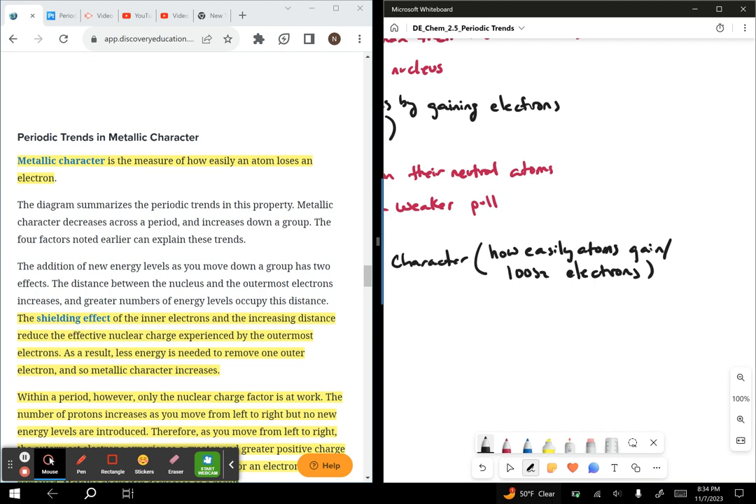If you jump down here to paragraph 3 in this section, it says the addition of new energy levels as you move down a group has 2 effects. The distance between the nucleus and the outermost electrons increases, and greater numbers of energy levels occupy this distance. The shielding effect of the inner electrons and the increasing distance reduce the effective nuclear charge experienced by the outermost electrons. As a result, less energy is needed to remove one outer electron, and so metallic character increases. So as you go down,